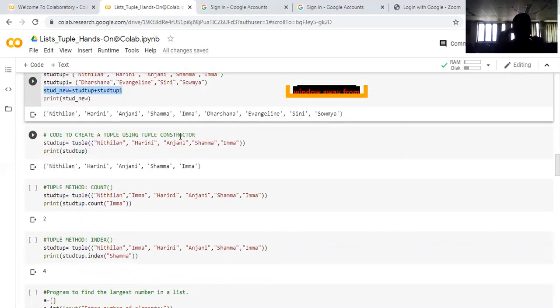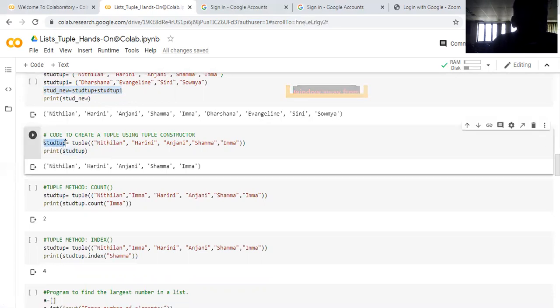So till now we have gone through tuples, everything. Have you created any tuples? Here I have not created any tuples. So in order to create a new tuple, what should be given? Here I am creating a new tuple called startup. So startup is equal to tuple of, and give all the contents. This is a very important one. This is the code to create a tuple.